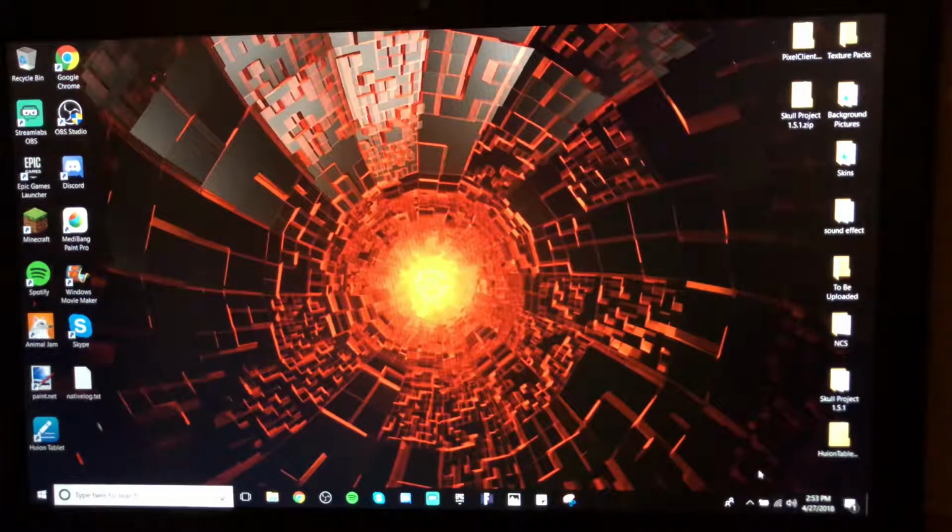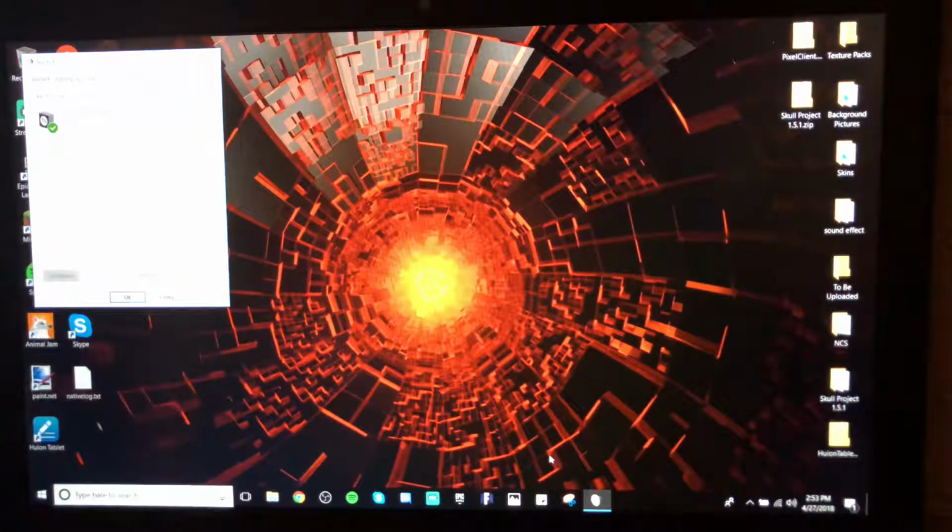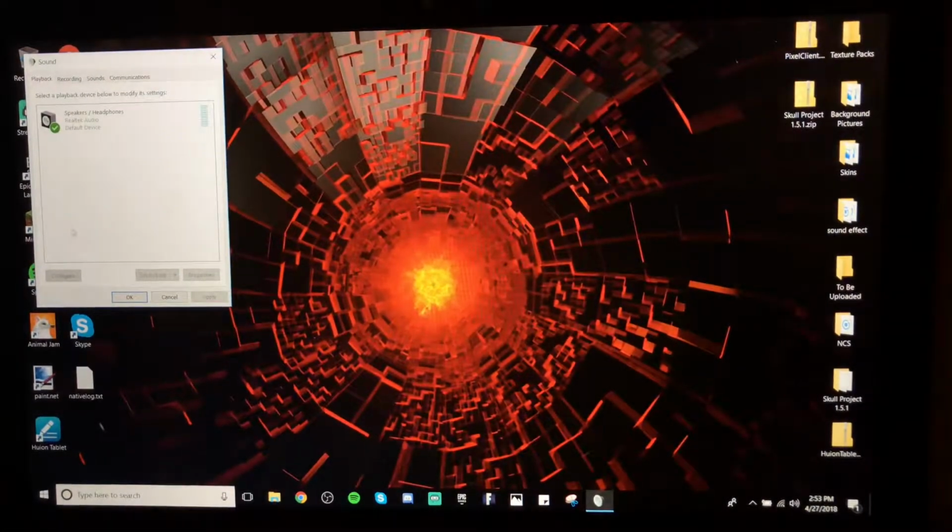I'm doing this on a laptop, so you're going to come down here on Windows 10 to this little sound icon right here, right click. You're going to click on Playback Devices. Then you're going to come over here. You're going to click on